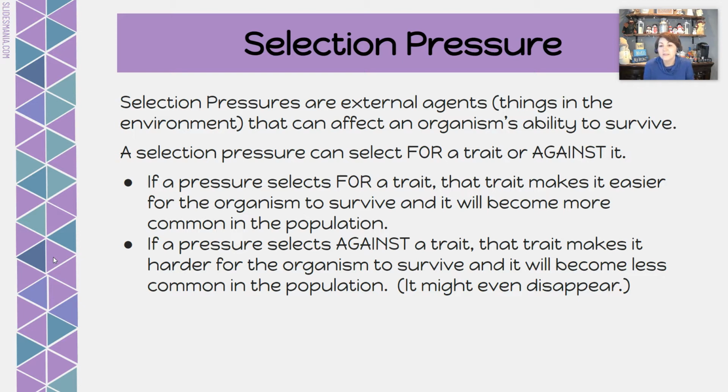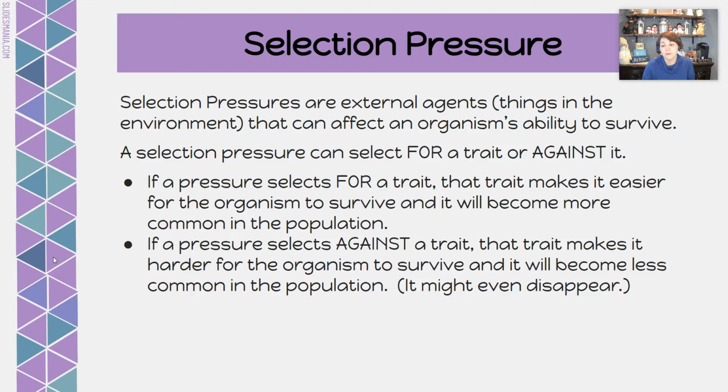If a trait is selected against, so if selection pressure is selecting against a trait, that trait has to lower the fitness of the organism, making it harder for it to survive and reproduce. And so we will see traits that are selected against decline in the population, and they